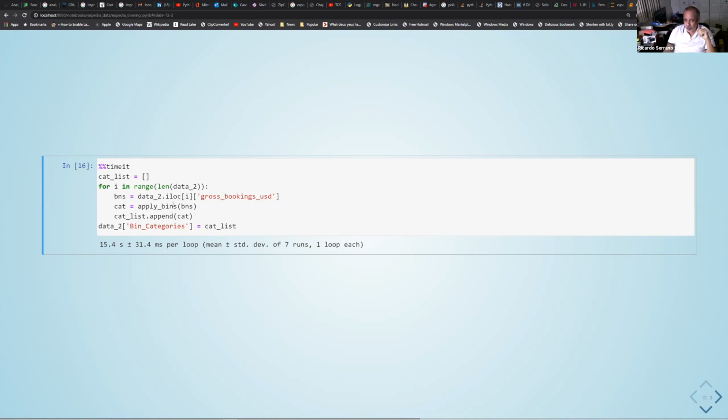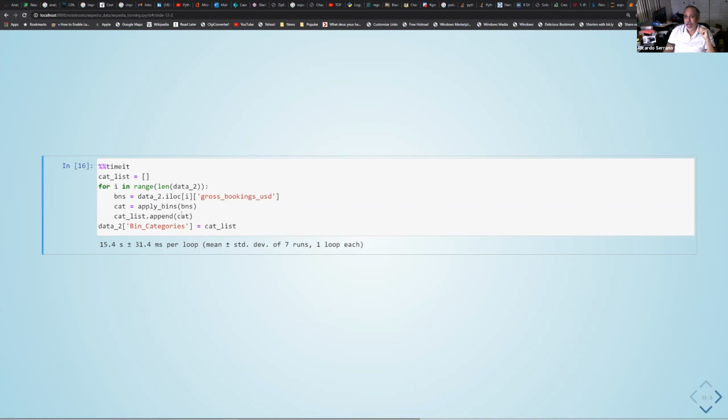Then we're going to apply that function that we saw in the previous slide. We're going to apply it to that variable, to that bins. And we're going to store it in something called cat, because that's the return that we're going to get, the category. Then in the same for loop, we're going to append that category to a cat list, which is the variable that we define outside the for loop.